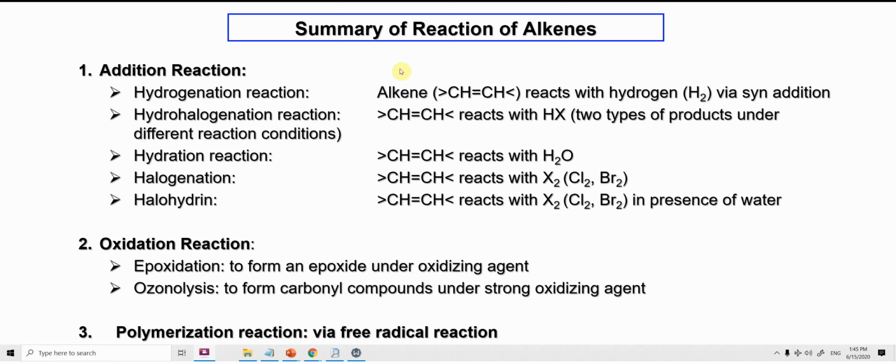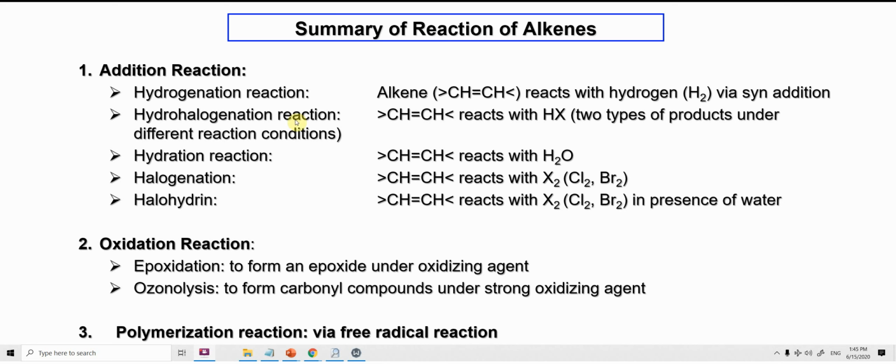Regarding the addition of your alkene, you can see we have 6 or 5 different types. The first one called the hydrogenation reaction, meaning your alkene can be reacted with your hydrogen to form alkane. Second reaction called the hydrohalogenation reaction. As we learned, usually HCl, HBr, the more commonly used. This reaction related to the alkene reacts with the hydrogen halides. So this reaction you need to pay attention. You may have 2 different types of products. One is called Markovnikov's rule. Another one called